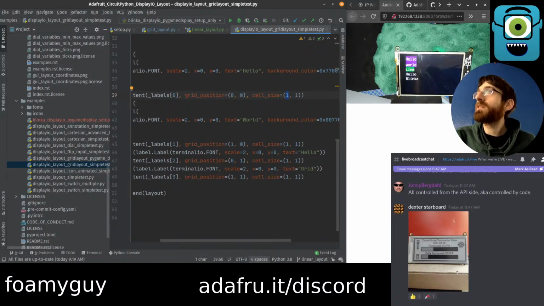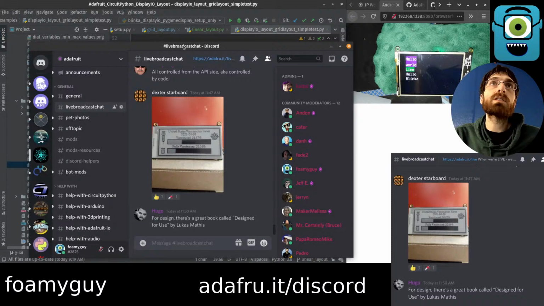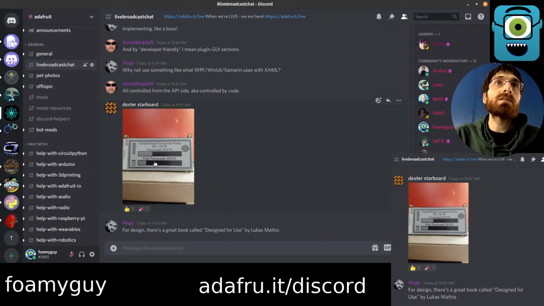Plugin for GUI sections. Why not use something? I think Hugo's probably talking to Johnny. It's controlled from the API. Oh, that's a sweet looking, let me throw that up here. The progress bars there look sweet. Dexter, I like the icons you threw on there too. I don't know if that's a Learn Guide project or if you made that. If you made that,